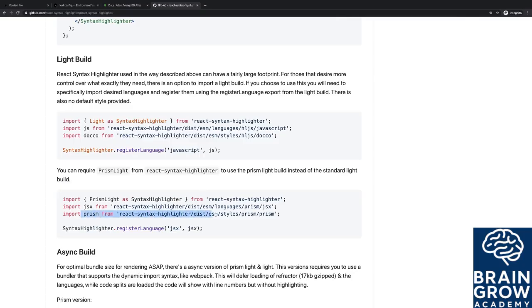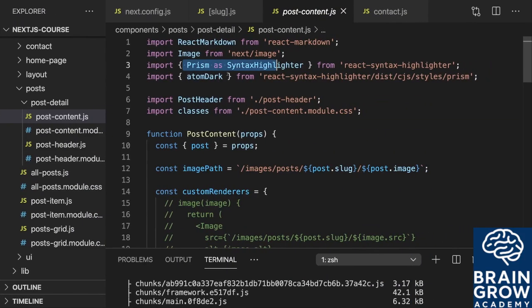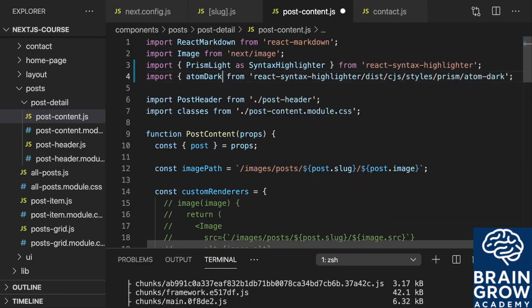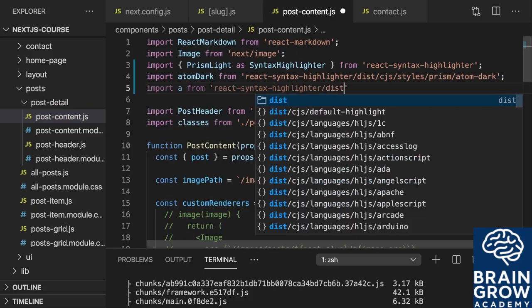We can also import the styling in a slightly optimized way. So therefore, what I'll do here is I'll import Prism Light as syntax highlighter instead of Prism. And I'll import my styles differently by diving into style/prism/Atom Dark and then importing Atom Dark like this. This will also only import that style then and no other styles. And now we need to import the languages which we want to support. And we do this by importing from React Syntax Highlighter